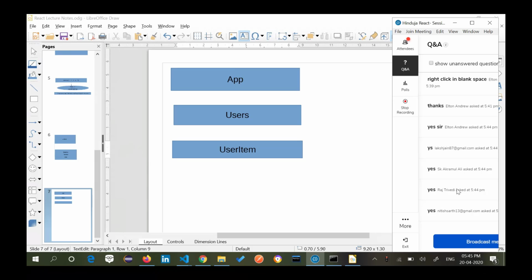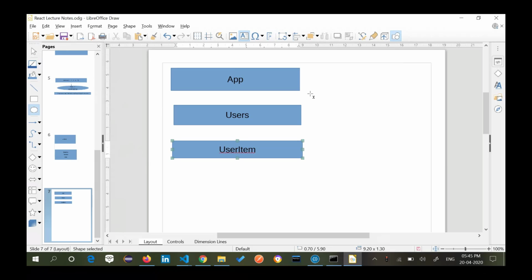And what you did is you took props and passed the data first from app.js to users.js, and from users.js next to your user item.